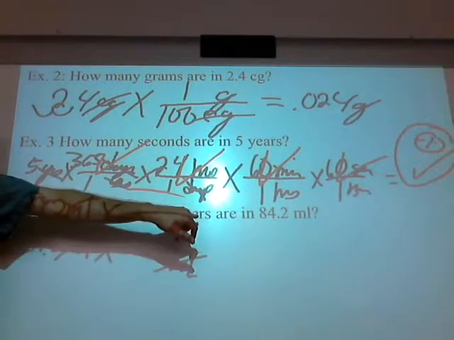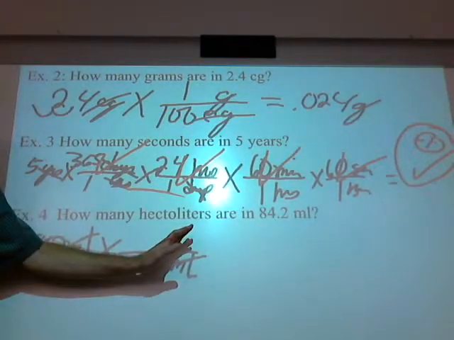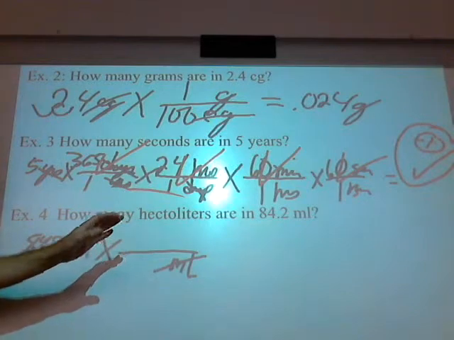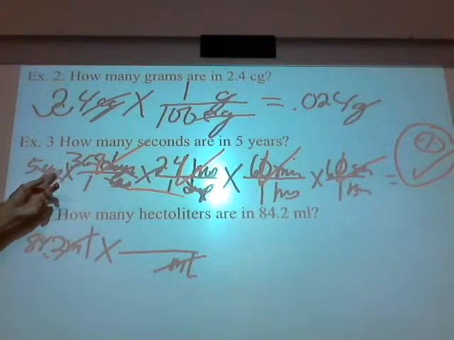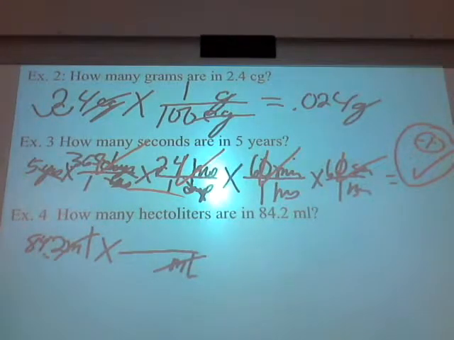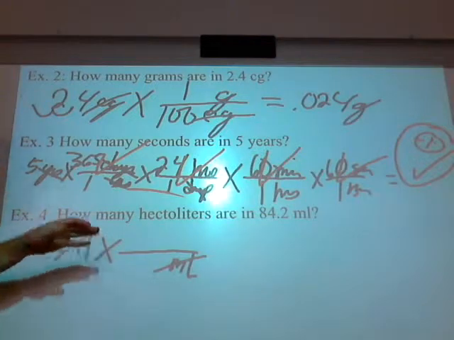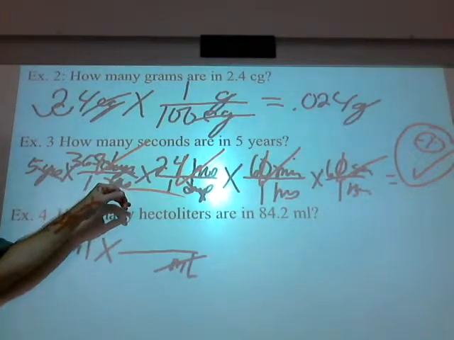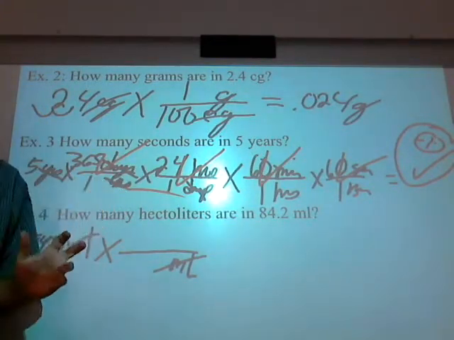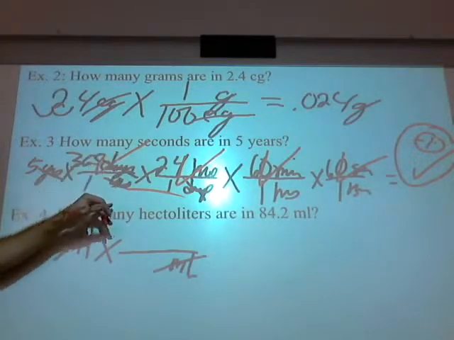But it says hectoliters. Why don't I put hectoliters on the top? Why wouldn't I go straight to hectoliters? Same reason you wouldn't go straight from years to seconds, unless you're Caitlin, and even if you were Caitlin, you got it wrong anyway. I didn't mean to do that. I'm just kidding. It's okay. No one besides Rain Man knows how many seconds are in a year.